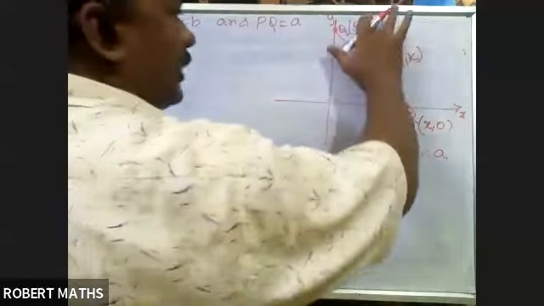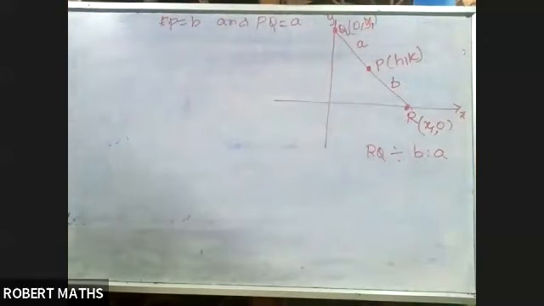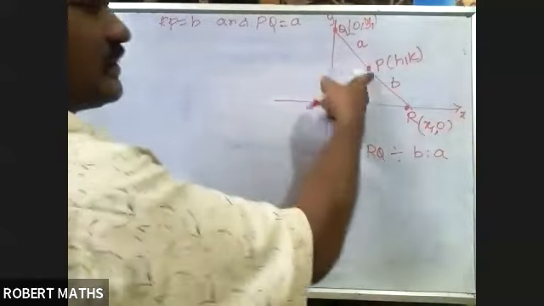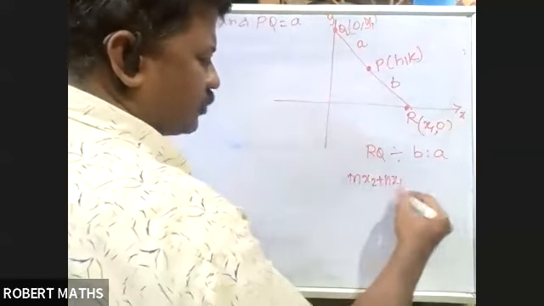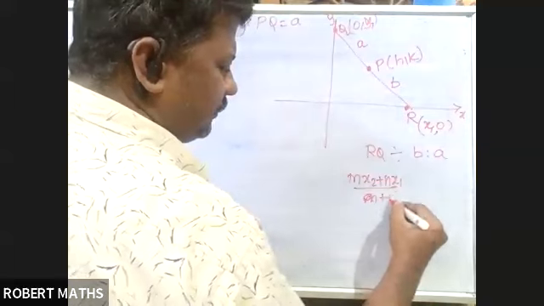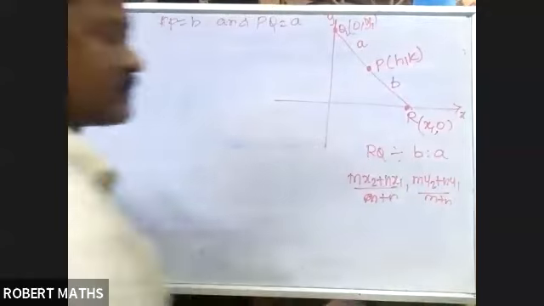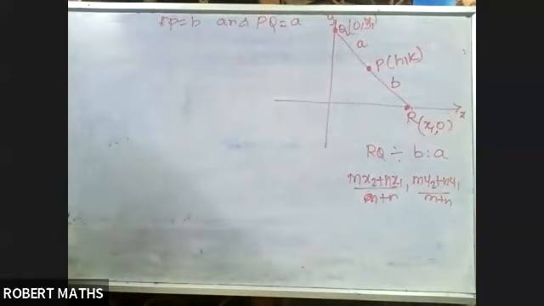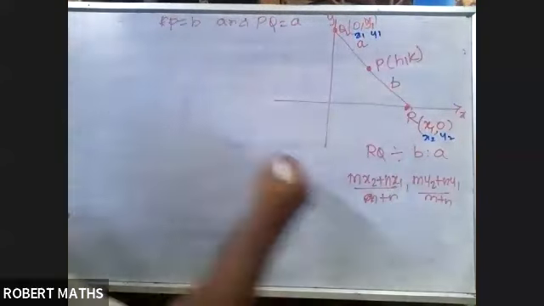Take it as capital X, or take x1, y1, because x is the variable, the moving point. Take x1, y1. But now listen, the second formula is given. Any line, suppose I take a line QR, it divides this in the ratio A is to B. What is the formula? You have studied: mx2 plus nx1 divided by m plus n. Similarly, my2 plus ny1 divided by m plus n. This is the formula, and we are going to use the same formula. This is called x1, y1. This is called x2, y2. Shall we apply the formula now?